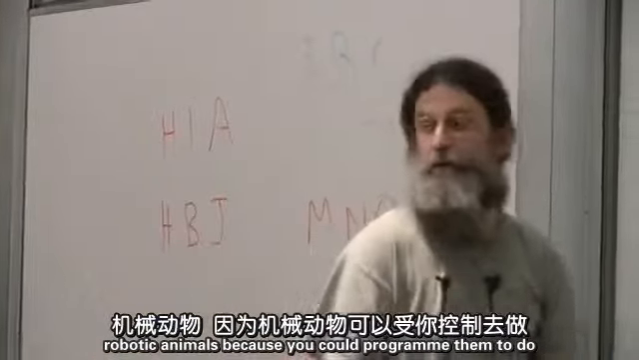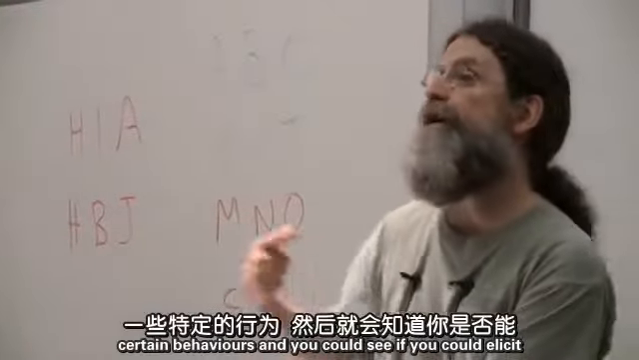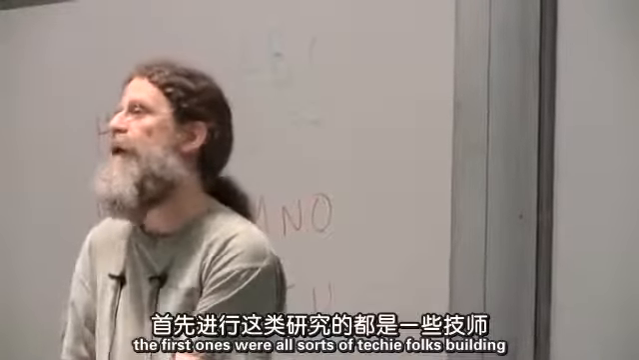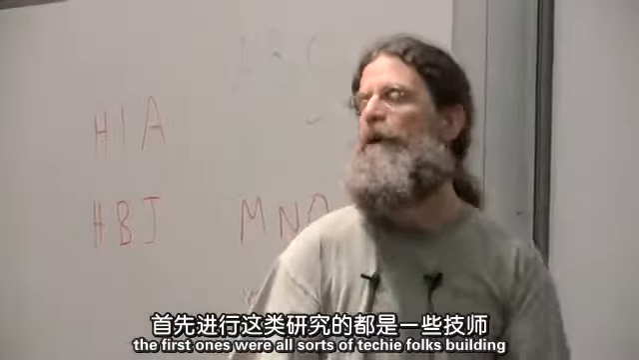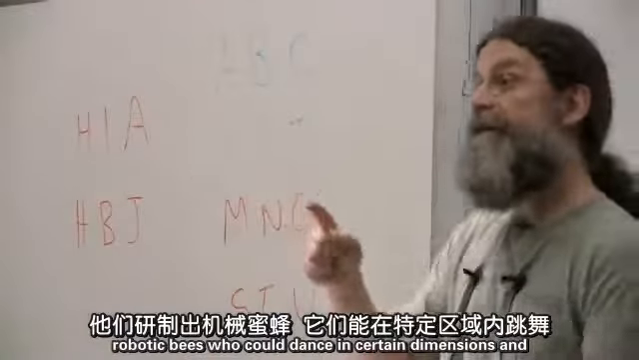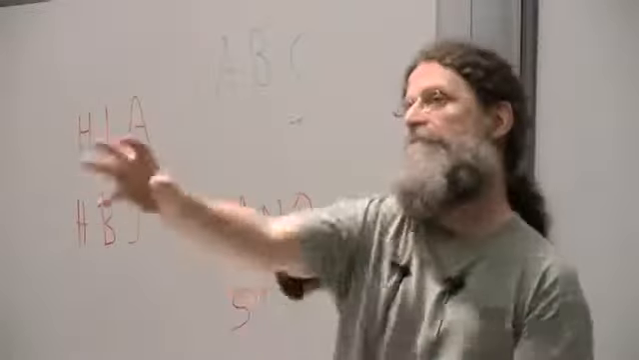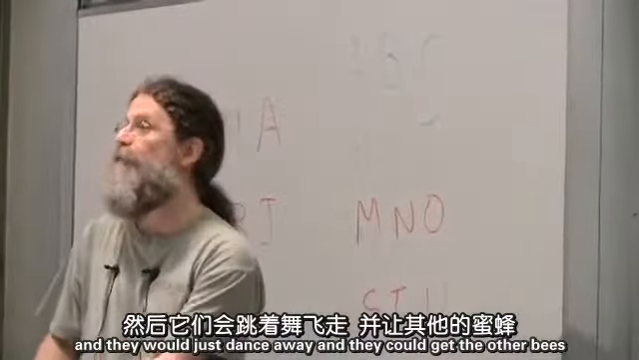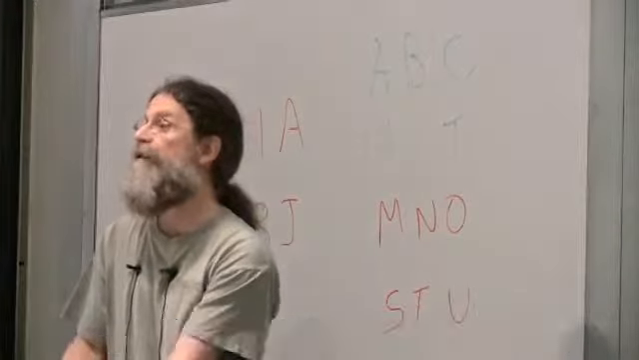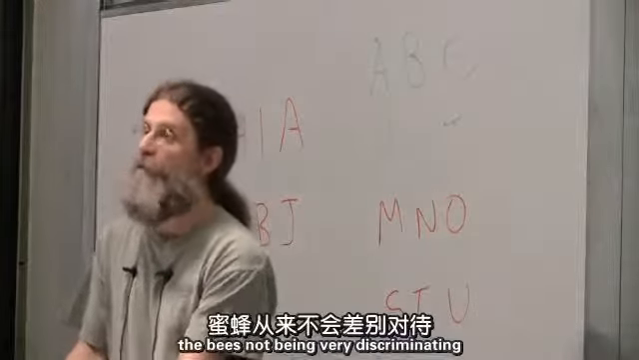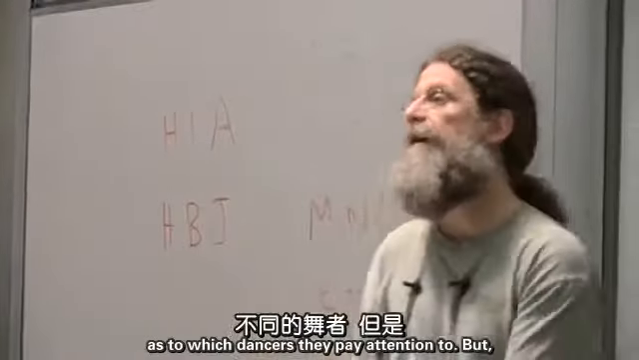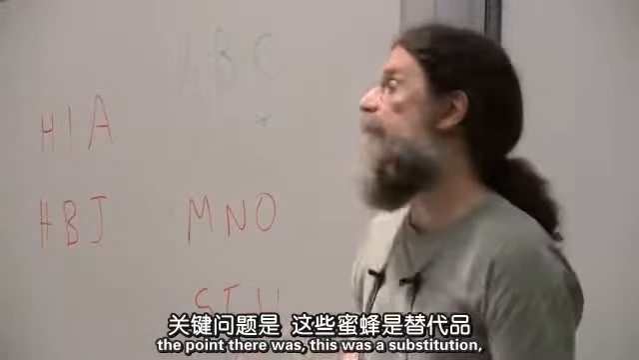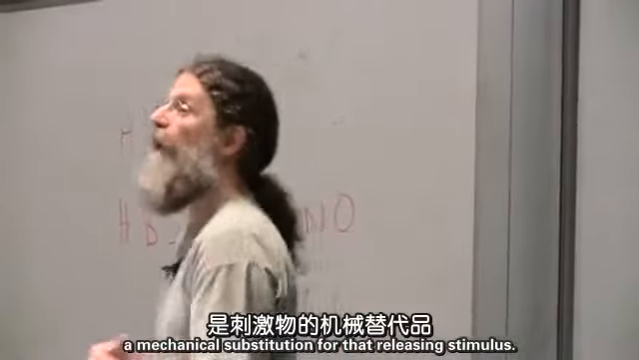Because you could program them to do certain behaviors, and you could see if you could elicit everybody else to respond to the behaviors. And of course, the first ones were all sorts of techie folks building robotic bees who could dance in certain dimensions, and they would stick them in there and wind up the gear shaft thing, and they would just dance away, and they could get the other bees to go flying off someplace. The bees not being very discriminating as to which dancers they pay attention to, but the point there was this was a substitution, a mechanical substitution for that